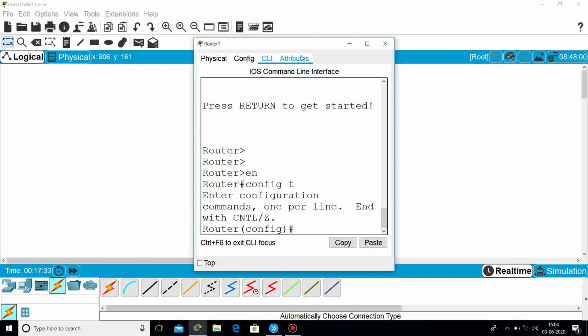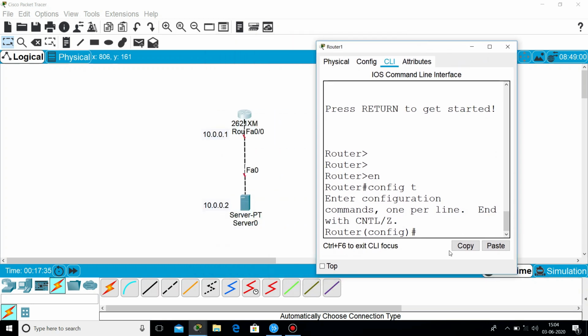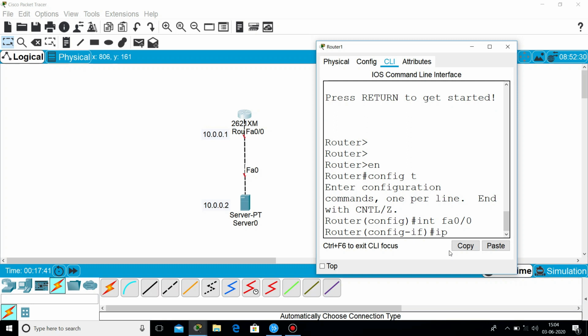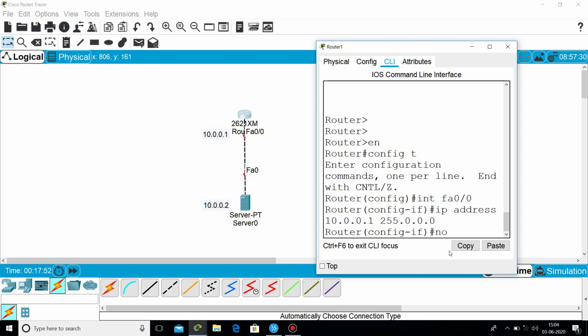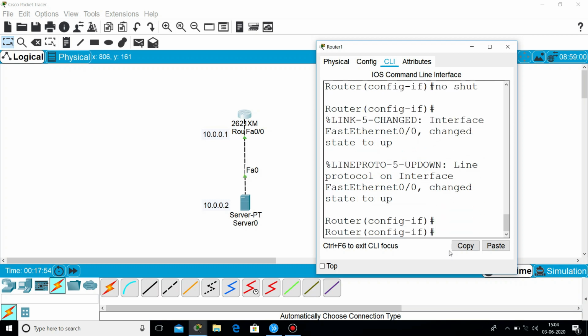Then I want to assign an IP address on FastEthernet 0/0, so I will write interface fa0/0. Then ip address 10.0.0.1 with its subnet mask. Then I will write no shut. Now I will exit from there.